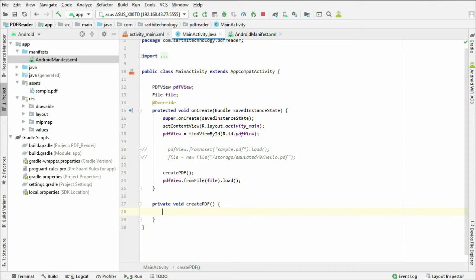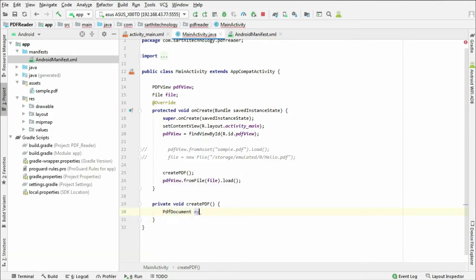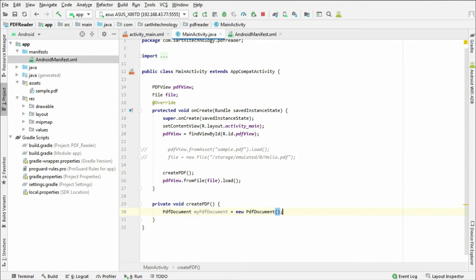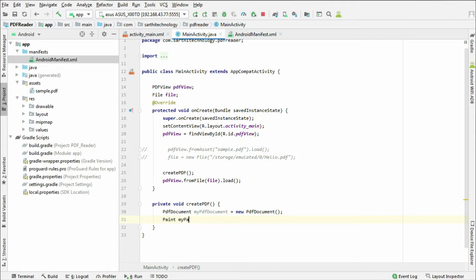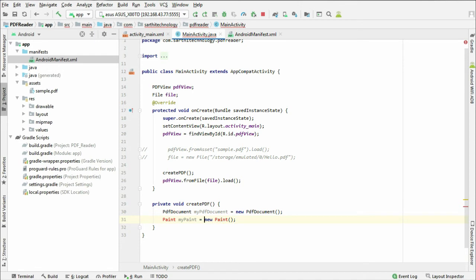So I will create a simple PDF. So first is PDF document object, PDF document, my PDF document, one paint object, press Alt Enter, import class.